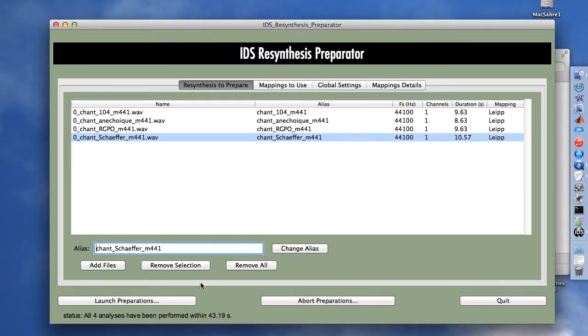Okay, so we have finished preparing the IDS resynthesis, and now we just have to switch to the IDS pure data resynthesizer. A last piece of information: we've got here the information that all the analysis, that's to say the subband web file generation, the IDS profile CSV files generation, the copy of the web original files, and the creation of the JPEG plots have been performed within